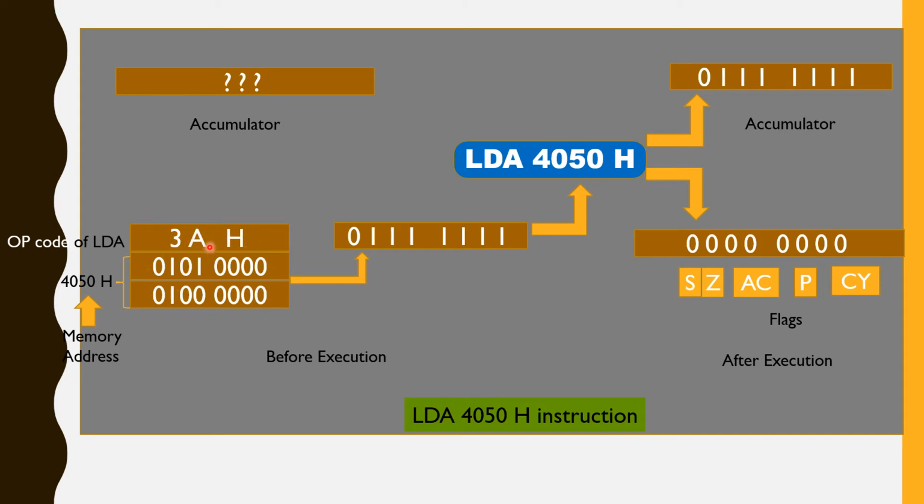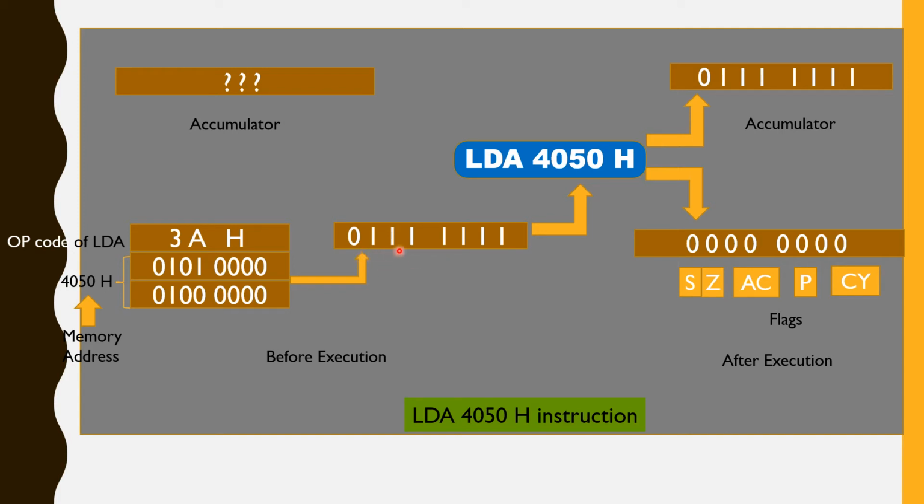The first byte is the opcode. The LDA opcode is 3A, which you will come across in the hexcode. Then 4050 is actually written as 50 and then 40, meaning the lower order byte goes into the machine first and then the higher order byte. So with the lower order byte and higher order byte, a total 16-bit address is given. Here I am just converting this 40 and 50 into binary format. So this is the actual address, and at this address, 4050, the content is saved. It is 8-bit content.